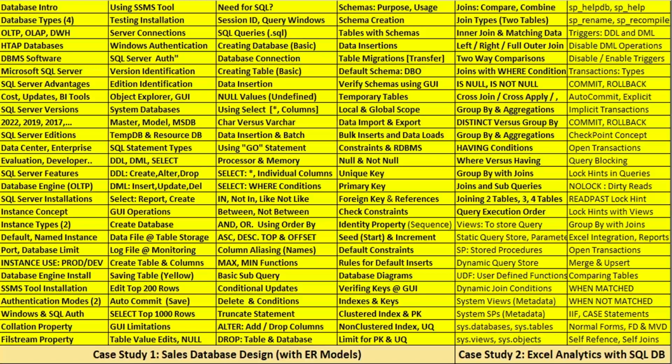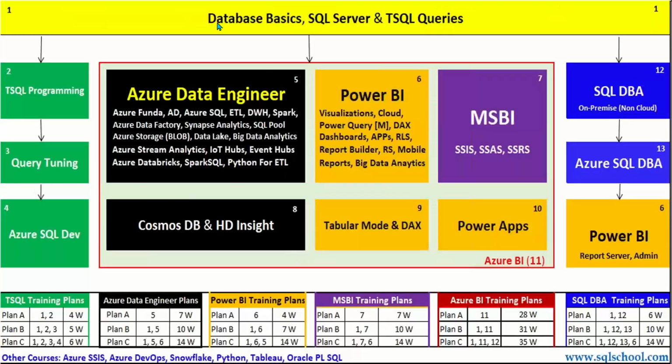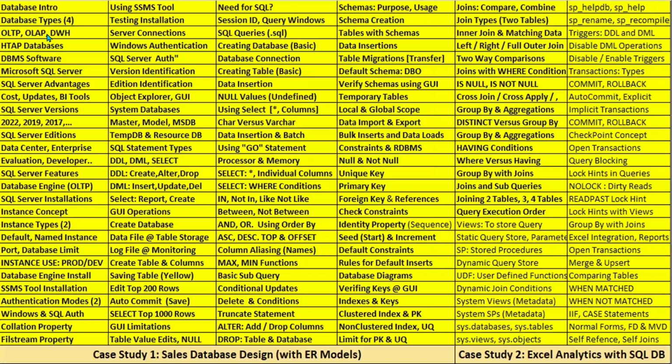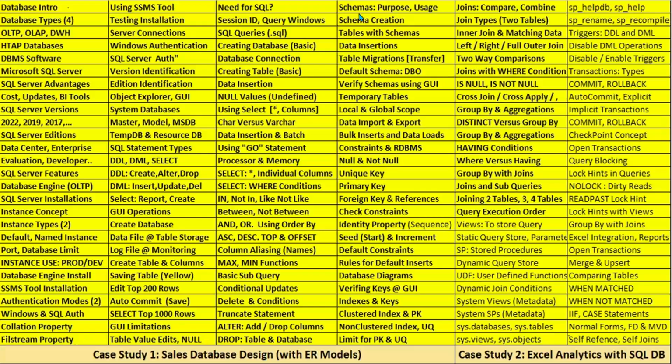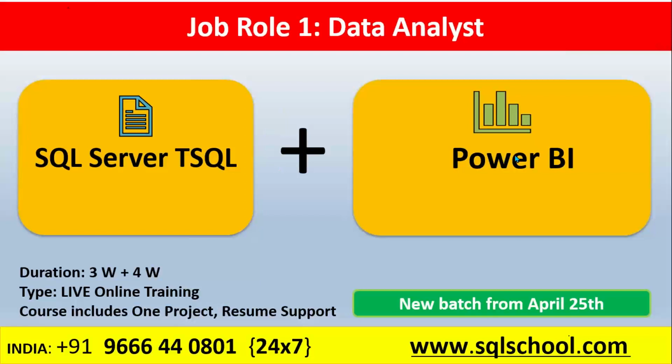A detailed step-by-step start of our journey in the yellow box basics, and this is a complete yellow box content, right from the database introduction to something called self-references, self-joins, and nice real-world case study activities. We'll be doing it in our classes. Various job roles. You may plan for the data analyst job role, SQL, then Power BI. SQL 3 weeks, that yellow box 3 weeks, and then Power BI 4 weeks. Total 7 weeks journey.